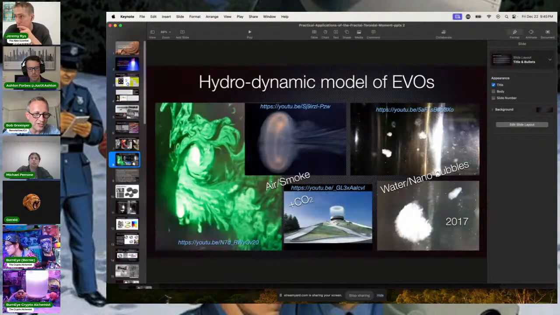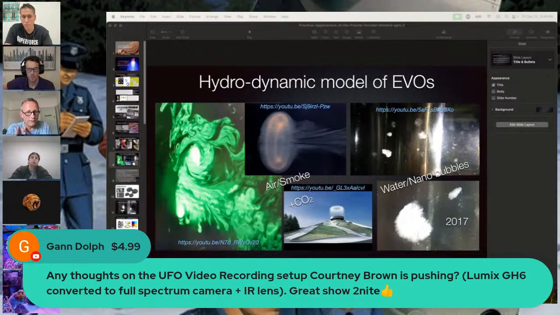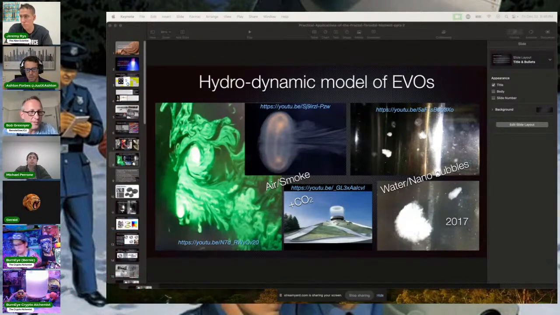These structures, so that's your image there, Jeremy, of a green laser cutting through a smoke soliton. You can see that in these cases, it sucks things in from behind. You can see it on the two solitons making a fractal soliton structure. It's sucking at that impact. What you're seeing in that right-hand 2017 water nanobubbles is two solitons on top of each other. The white areas are where gas that's dissolved in the liquid becomes nanobubbles, and the light is reflecting off the interface between the water and the gas.